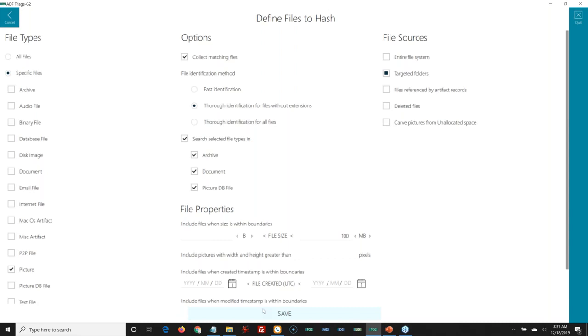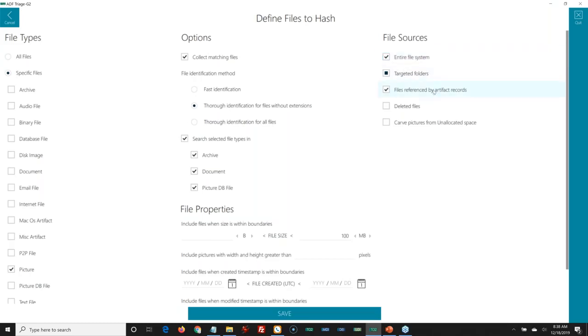Now, I said earlier, if we're going out on scene and we don't have a lot of time, but we may have more time, I'm not sure, I want to make sure I get the evidence I'm looking for first, and then if I stay on scene longer, bonus if I get more. So here I target the user folders, and then I check entire file system. It will do the targeted folders first, and when they're done, it will move outside of the user profiles and do the rest of the file system. And that's how that works.